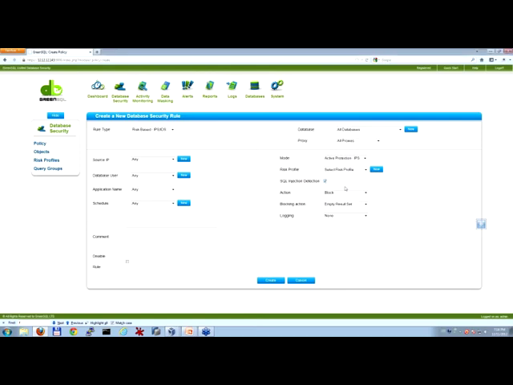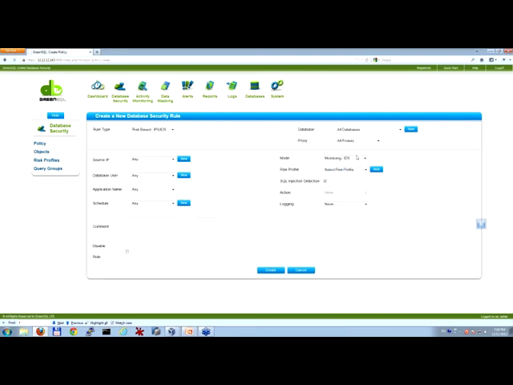I can then decide exactly how the system will work, as an active protection system or just as monitoring, which means an intrusion detection system and not real-time prevention. So even if I'm afraid that something will happen, I have the option to run it as intrusion detection only, and the action will always be allow, so the application will keep on working, but I will have all the required information.